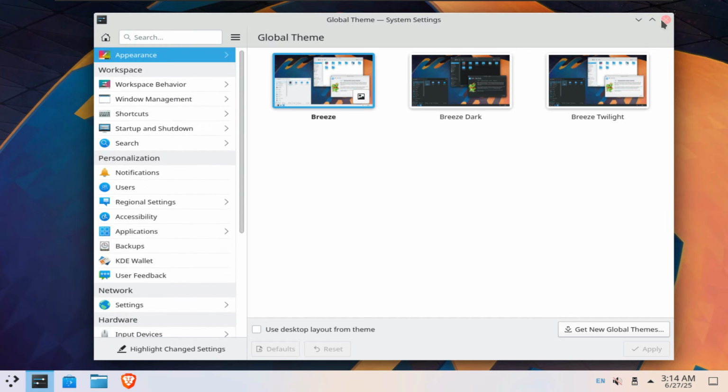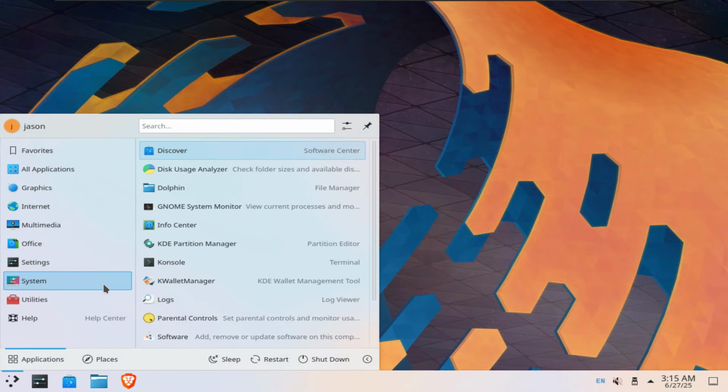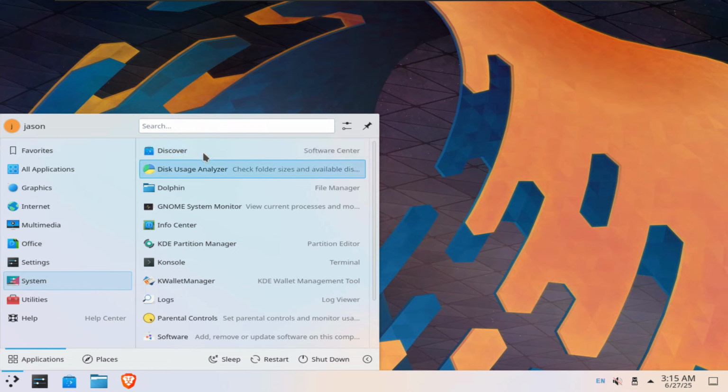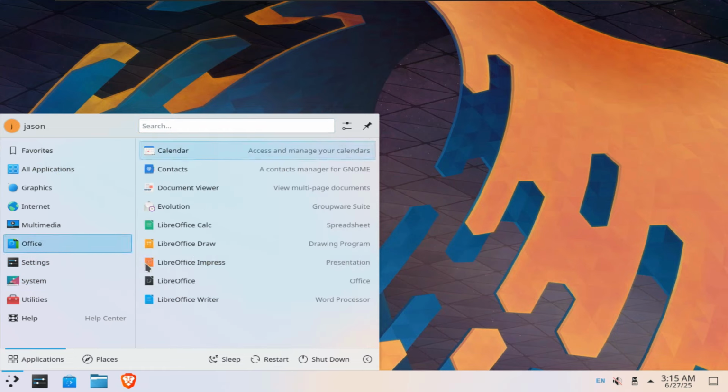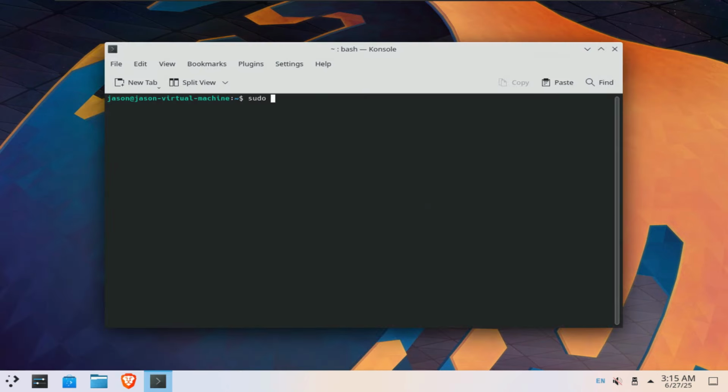That's really cool. It looks better. In my opinion, it looks much better with the same everything, next to some KDE applications that come preloaded with KDE once you install it, like Discover, which we have now. We still have Zorin Connect, all the Zorin applications. And guess what? I still can't install NeoFetch or FastFetch, I'm sorry.